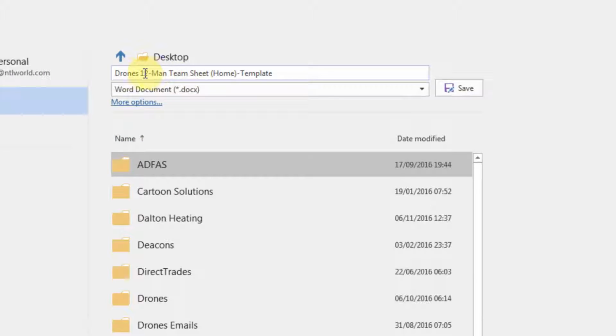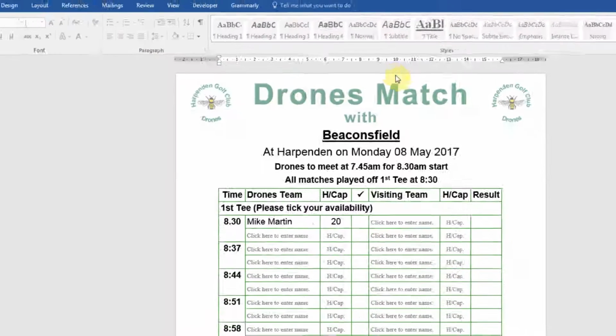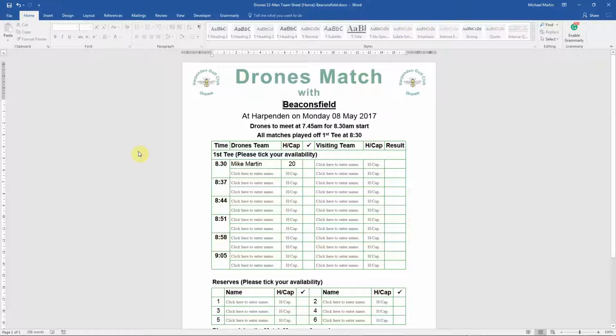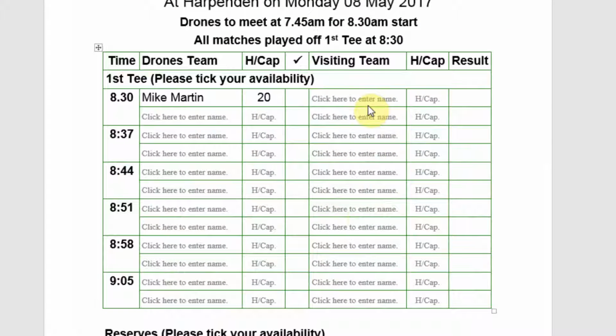Now, as you can see, it says Drones 12-man team home template. What I suggest you do is just remove the word template, add the name of your opponents. In my case, it's Beaconsfield, and then click Save. And the document is then saved. You can then share that document with the team members, place it on the notice board, and also at the appropriate time send it to your opposing captain, who on receipt of it and opening it will do the same